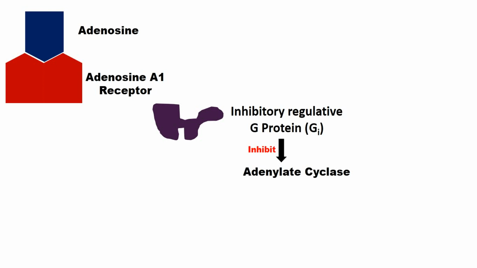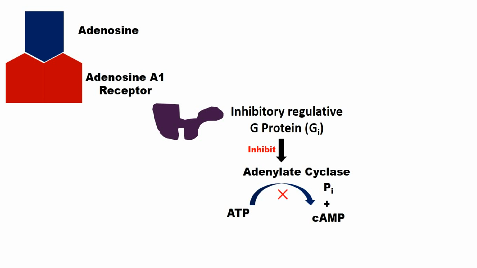Once adenylate cyclase is inhibited, what does adenylate cyclase do? Students, quick, unmute and speak. What does adenylate cyclase do? It catalyzes the conversion of ATP to cyclic AMP, right? So, it inhibits adenylate cyclase. Adenylate cyclase normally converts ATP to cyclic AMP and pyrophosphate, but it gets inhibited.